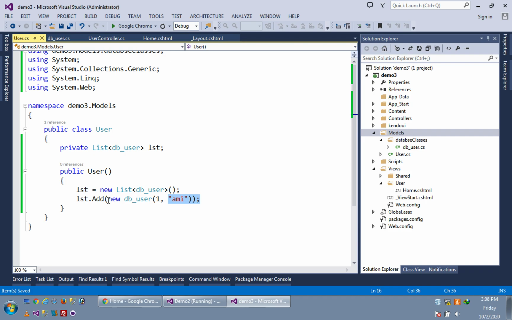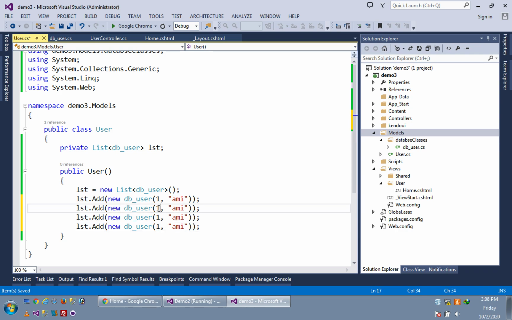Like this we can add 2-3 objects into our list. What you have to do here is fetch data from the database and display it. You don't have to do it like this. Okay, so I have added 4 records into the lst.